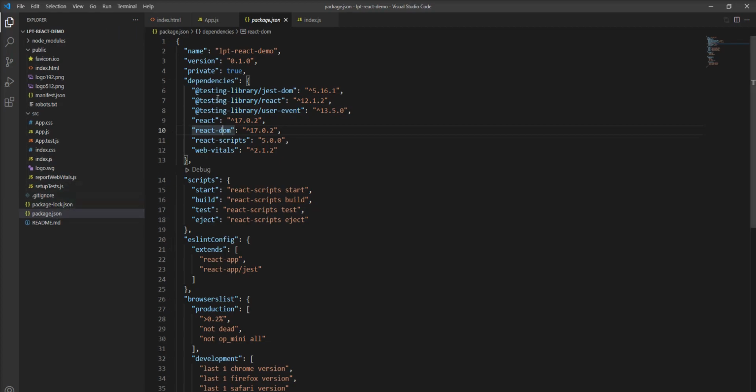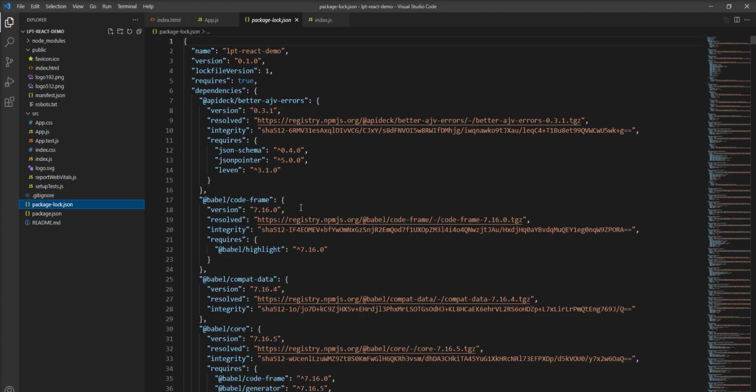All the packages included in package.json are locked in this file. So whenever you fire the npm install command, it installs from this. It checks the hash and installs the locked version in your application, and when you fire npm update, the package.json file is updated and package-lock.json is also updated.